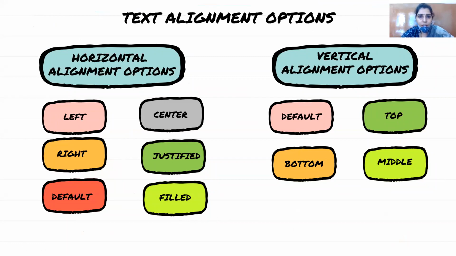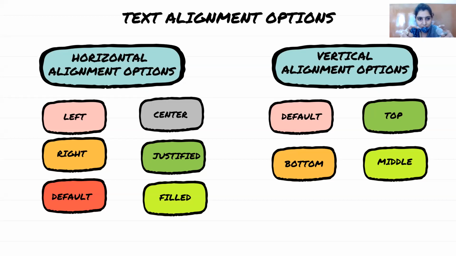Horizontal alignment means it should be left to right. Horizontal kya hota hai? Horizontal is this way. So you can set the alignments horizontally, that is left, center and right, like you do in Writer or in MS Word. But when you vertically align the text, vertically means top, middle and bottom. So in case of the left alignment, whatever the content is there in a cell, that will get aligned towards the left side, means the left border of the cell.